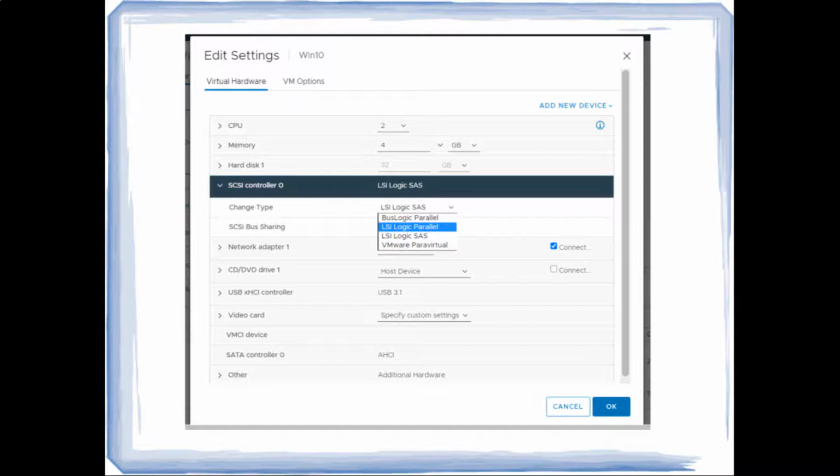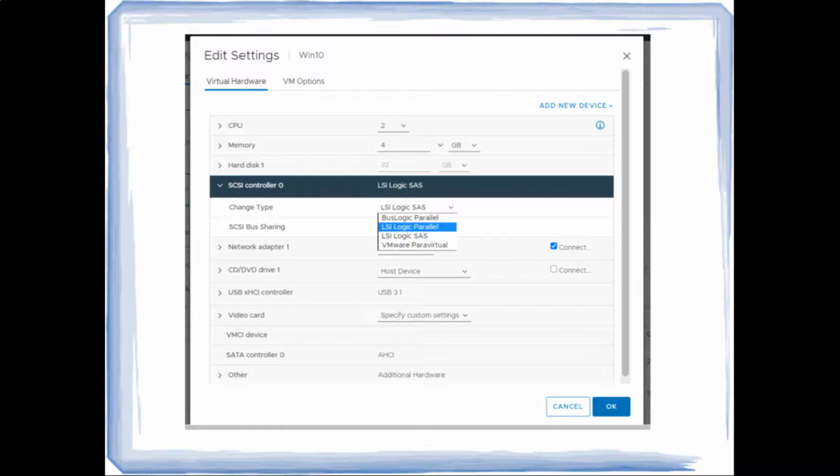The thing is, the Para Virtual SCSI controller is designed by VMware to support a lot of IOPS, high IOPS. That is the reason most of the time we will be using this Para Virtual SCSI controller for database servers and huge database transaction servers.